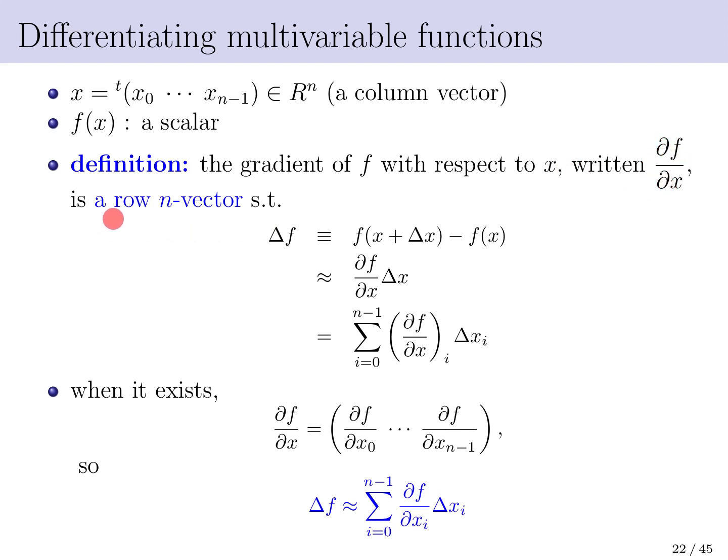It is an n element row vector that satisfies the following approximation, which is that the change to f, if you slightly change the input x by delta x, can be approximated by the product of